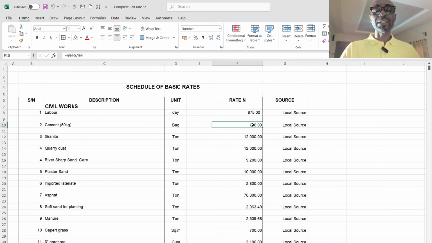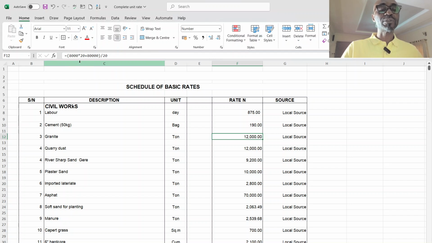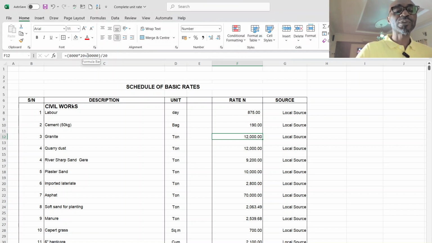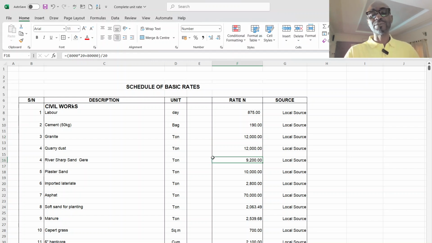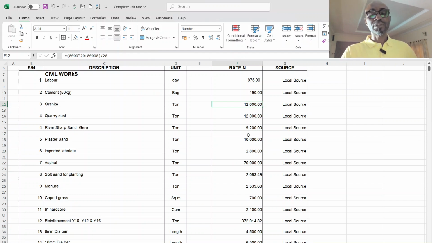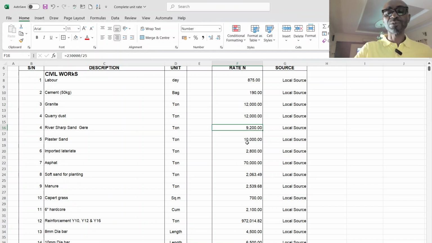Updated. The cost for cement is 9,500. The cost of granite is 8,000 per ton multiplied by 20 ton. Then the cost of transport, 80,000 plus 80,000 divided by 20 gives you the cost of ton. The river sand is 230 divided by 25 ton. It gives you